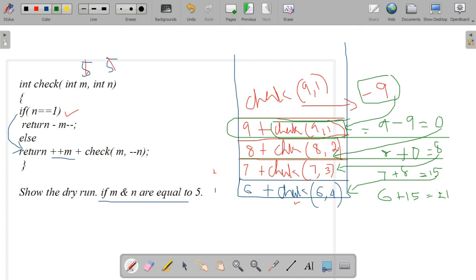Okay, you just write like this to find the output in an exam. You can do like this, and finally we will get the answer as 21. 6 plus 15 equal to 21. So this method will return 21 as the answer. So when I say show the dry run, you have to write the entire proper dry run and this output, the stack structure also. Let's see how to write.